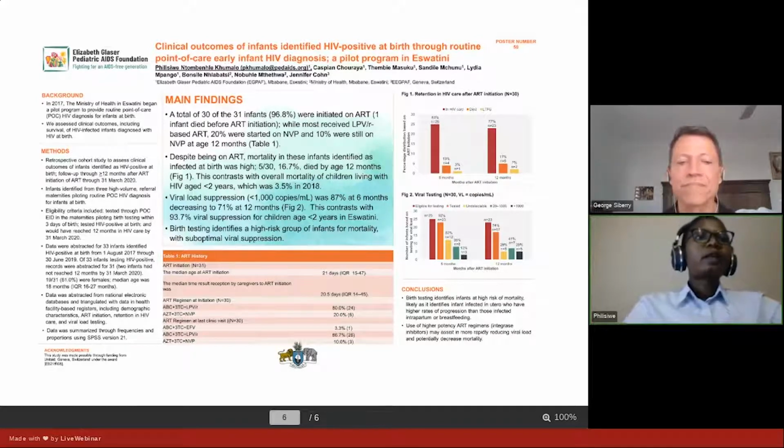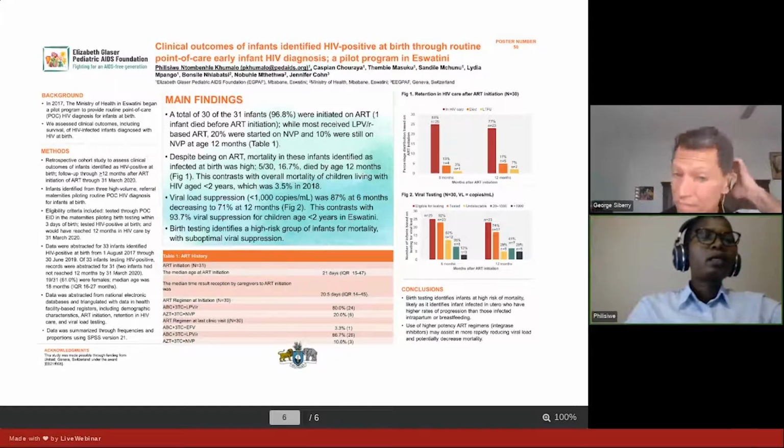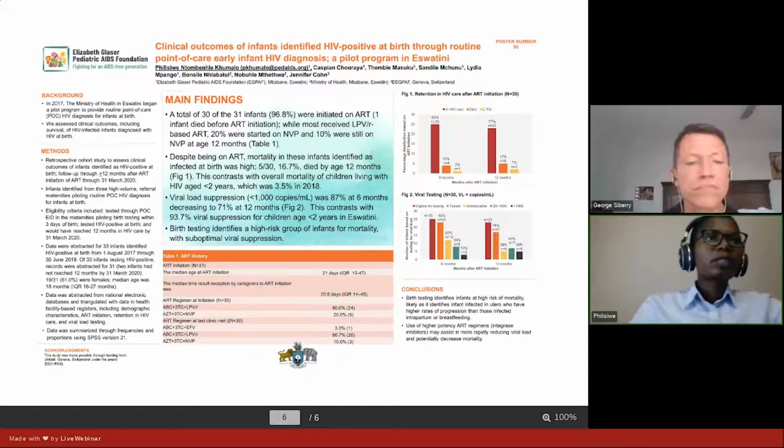So in terms of the main findings, a total of 30 infants out of 31 that were identified HIV positive at birth were initiated on ART, and one of the children died before they could be initiated. Most of the children received lopinavir-based regimens, but there were also 20% that were started on NVP, and 10% were still on NVP at the age of